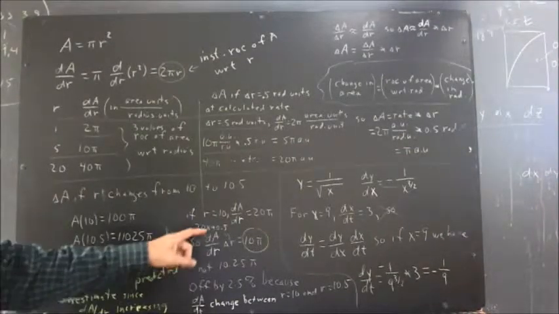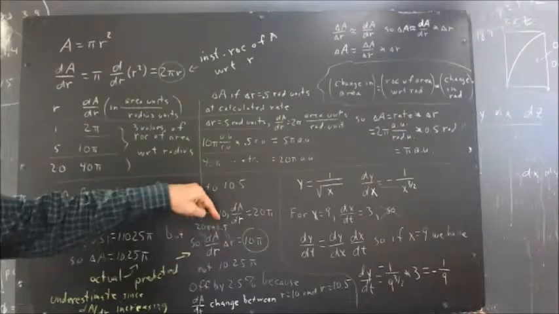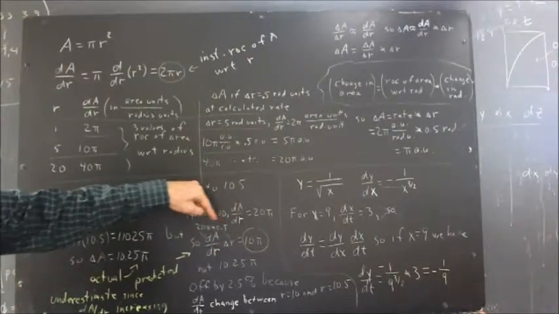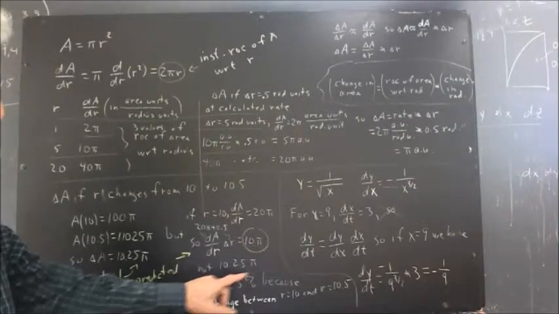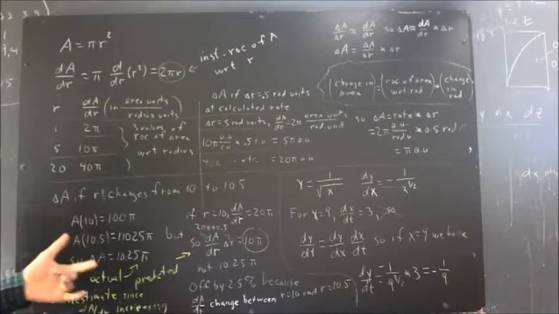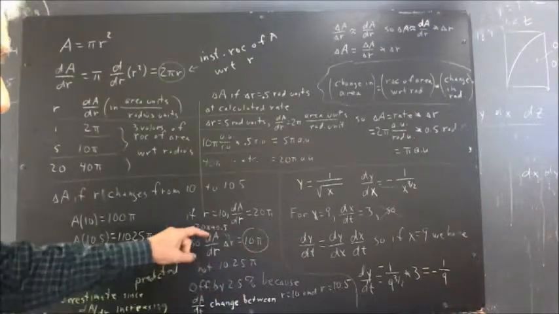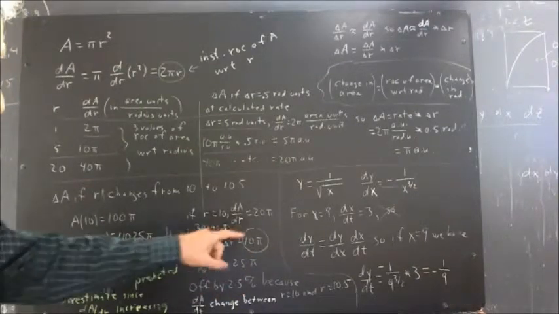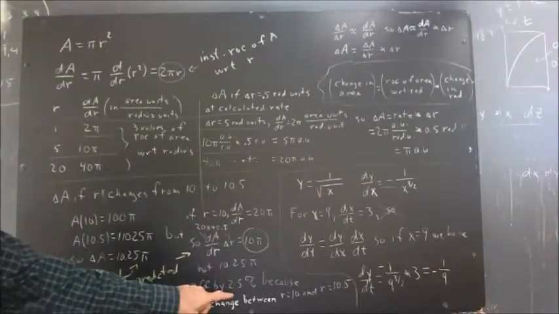Okay, just indicating that the dA/dr is 20 pi, hopefully you can read that, and the delta R is 0.5, so I multiplied those to get 10 pi. Now that's 10 pi, it's not 10.25 pi. We know that the change in the area between these two radii is 10.25 pi. So our estimate based on the instantaneous rate of change at R equals 10 is off by, well, turns out